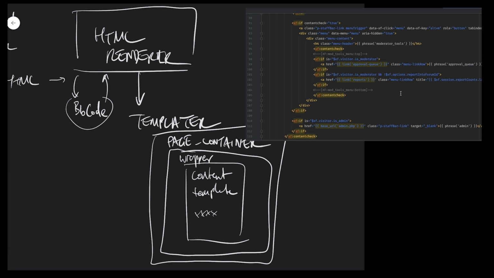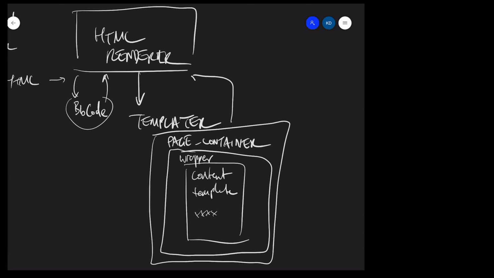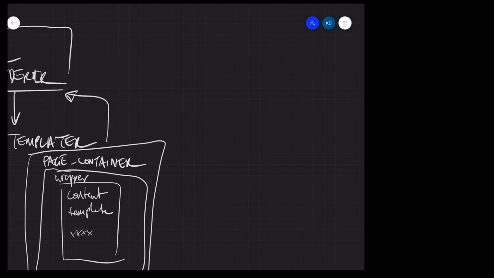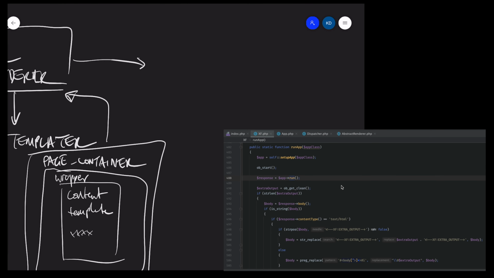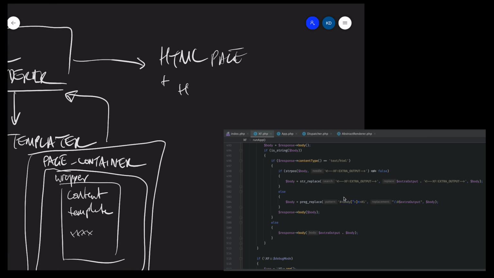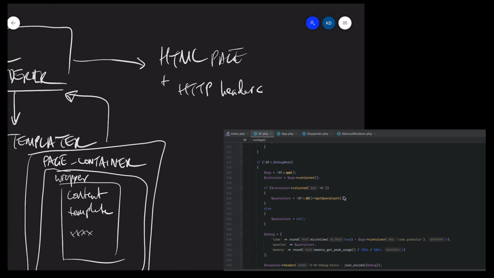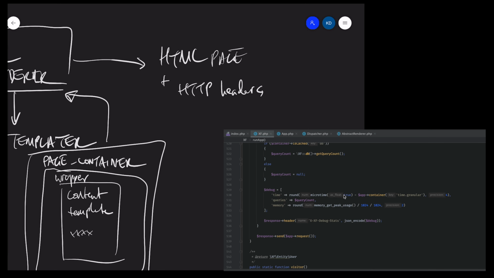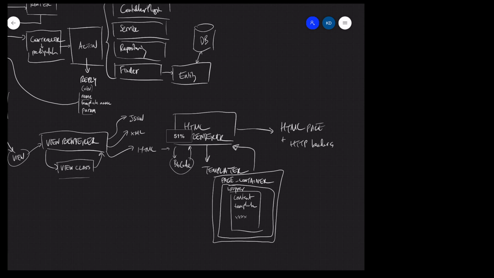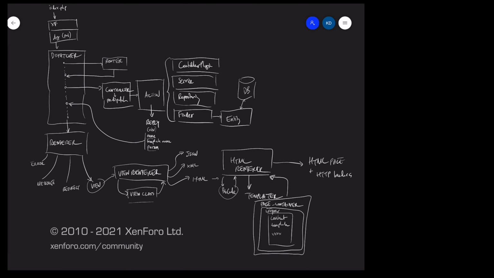So once the templater has done its job and it's stuck your parameters into the appropriate template, it will hand that back to the HTML renderer, which will then send off the HTML page and the appropriate HTTP headers, and that's essentially your request done. And so that is, in a nutshell, the XenForo 2.0 architecture.